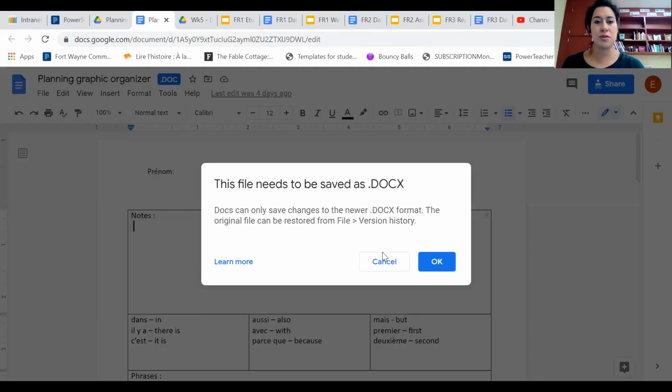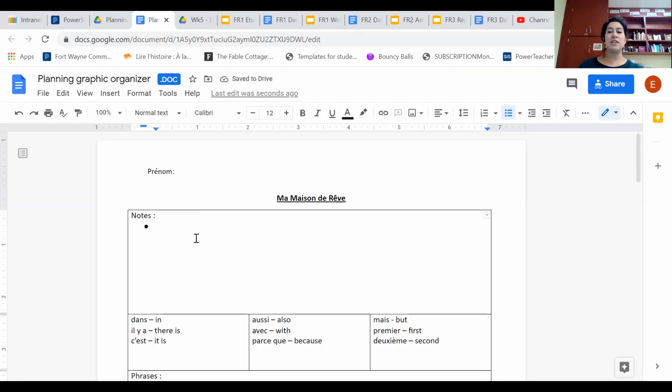So in your notes, you can choose to bullet point. And I want you to go back over your notes that we've had before, especially the stuff from this week on La Maison de Rêve de Madame Hunter and La Maison chez moi. And so here you could say, well, in mine, I want 15 chambres. And I want 2 piscines. And I want, oh, it's in Australie. I'm looking at a map to my right over here, Australie.